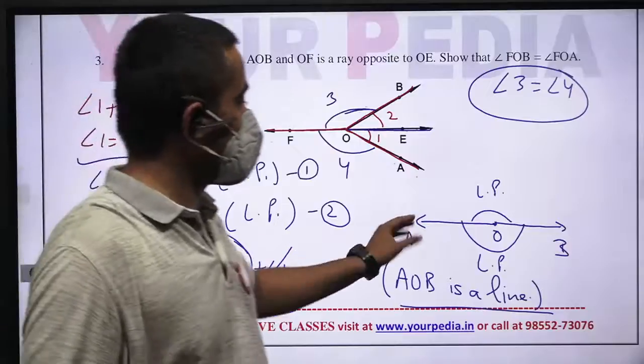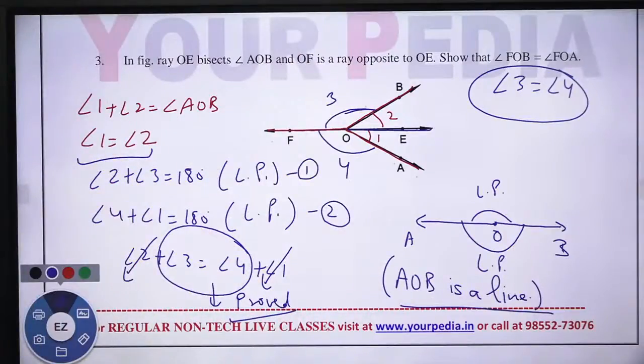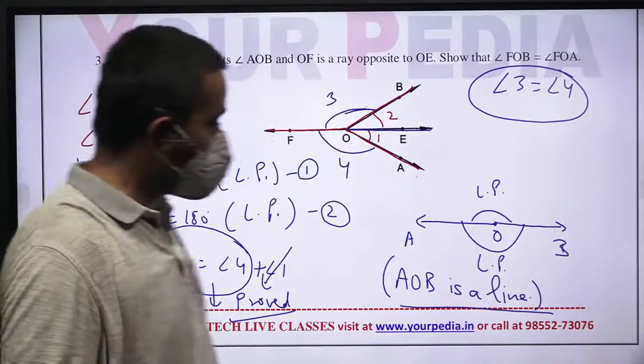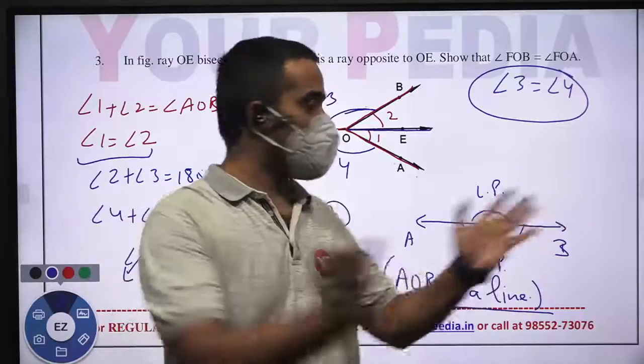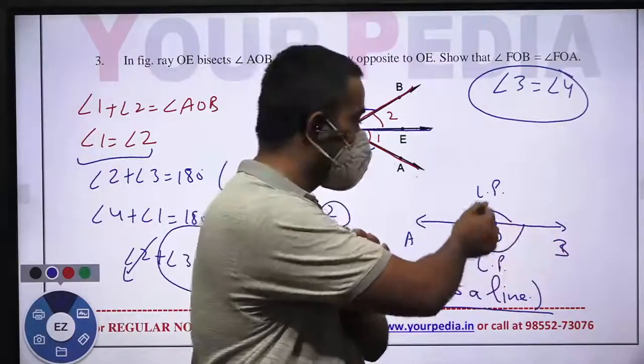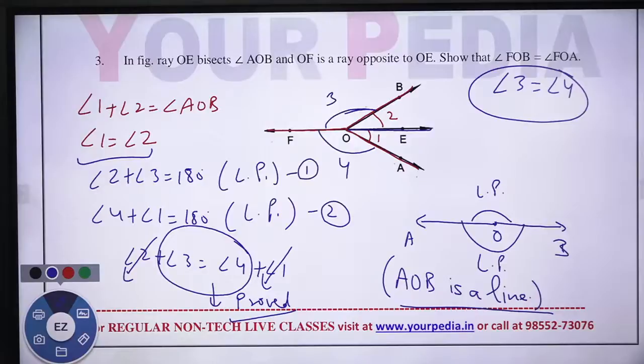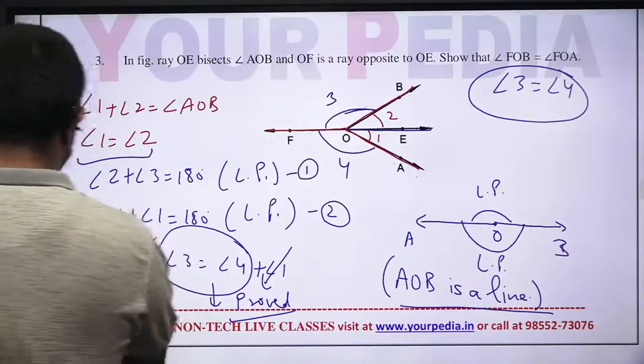Yes, so if I prove that this is a linear pair, and their sum is 180, then what will AOB be? A line. Yes or no? Yes or no, friends? So let's try to prove this. From linear pair we can also prove a line. Two opposite rays make a line. One opposite ray is in the west direction and one opposite ray in the east direction, so this will form a line. So the condition will be that the sum of adjacent angles will be 180. Yes or no? So adjacent angles will form a linear pair if they are supplementary. Let's try to prove now a straight line.